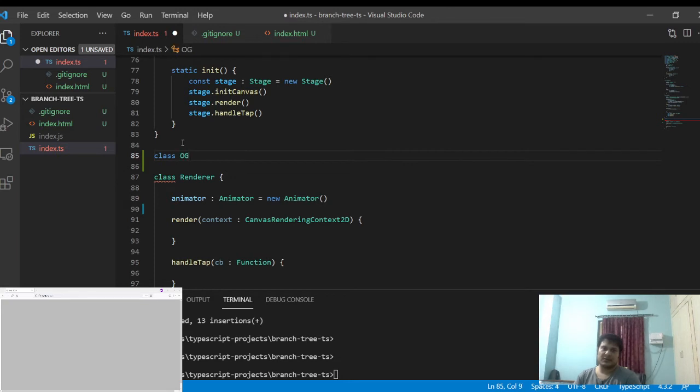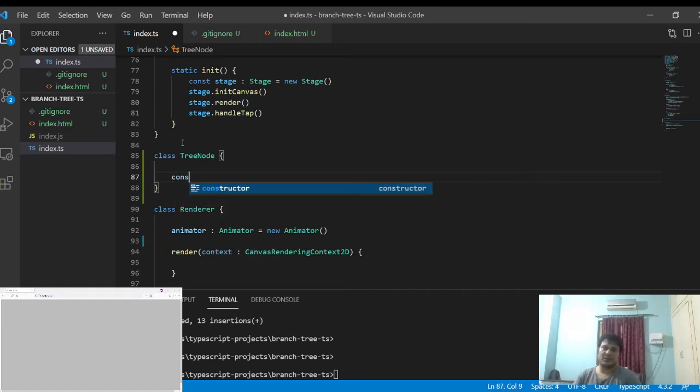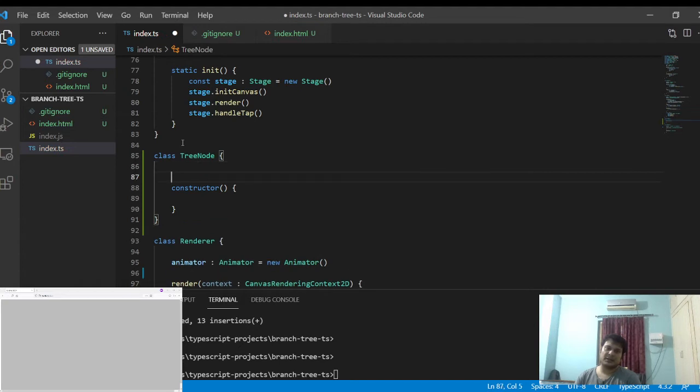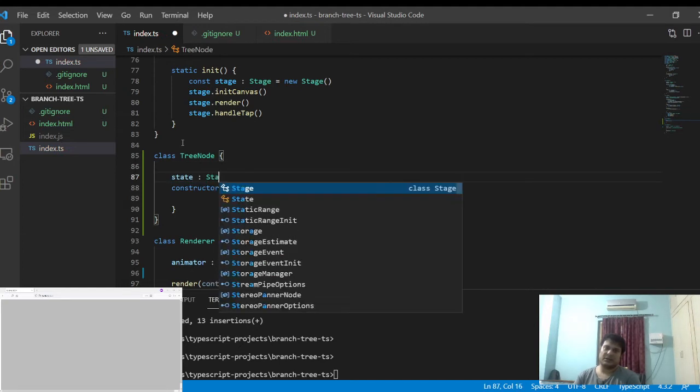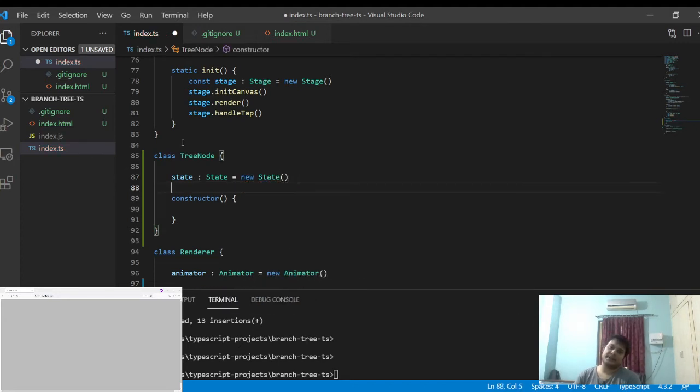I will just call it a tree node. That will be better. This whole thing will be a little bit complicated, so I have to figure this out. This tree node will have access to state, because we will be updating a particular thing over here.